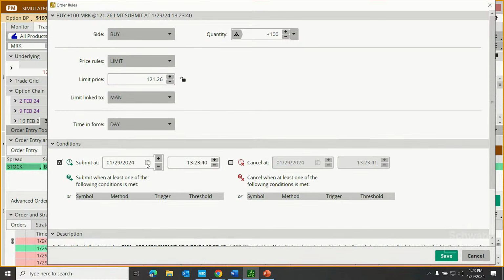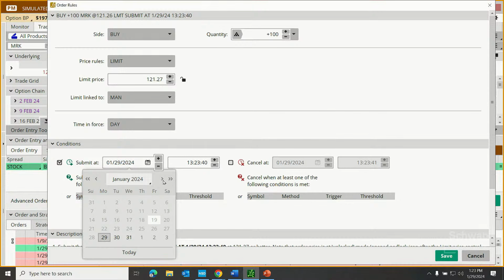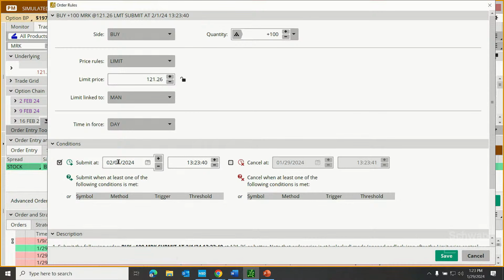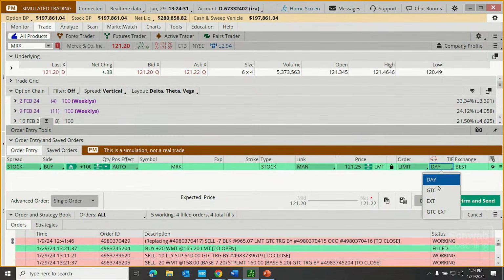And maybe I want my buy order to be submitted at a specific time. That earnings announcement was on February 1st. And let's set that for local time. Maybe that's going to be 7:30 here in the mountains of Utah. What this is doing is placing an order to go into effect after the earnings. And maybe we want to say, but only if the stock holds up, close to the current price. Let's say 121.25. That's about where it is right now. So yes, orders can be set to go off at a specific time in the future. And we could save that, make that a good till canceled order, and send that off.